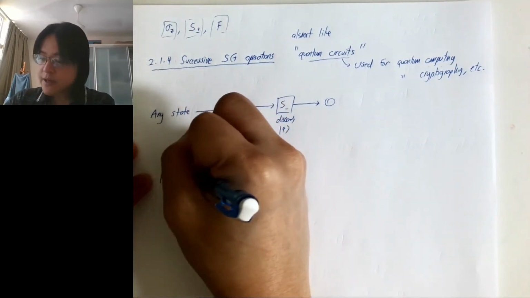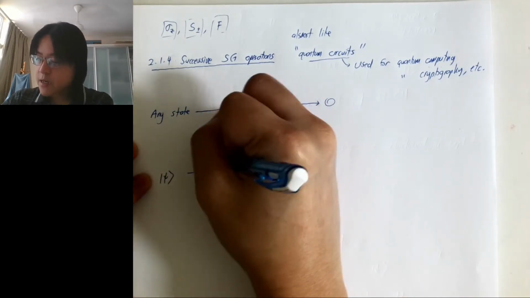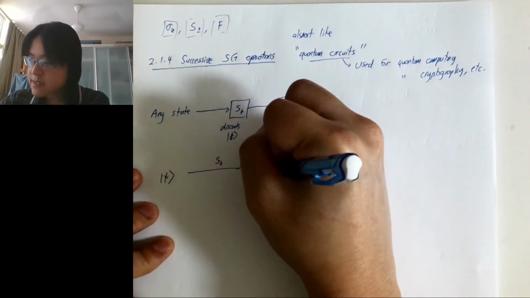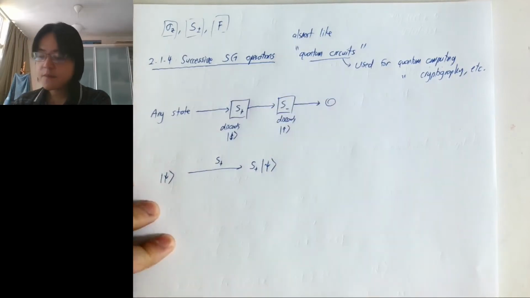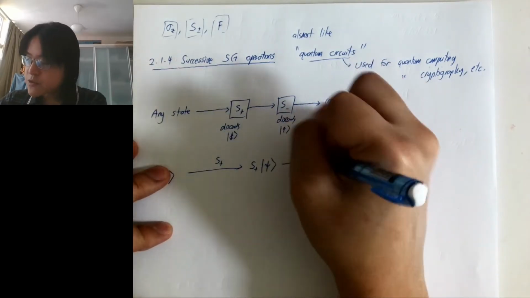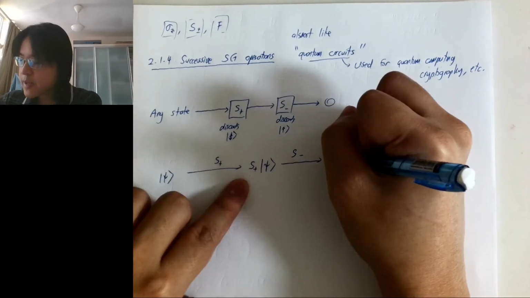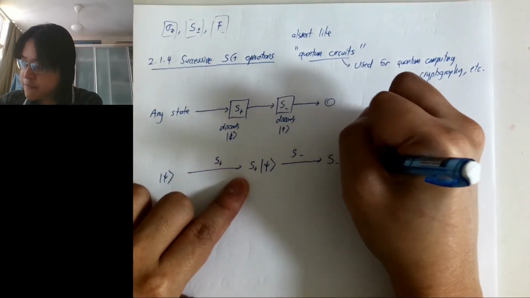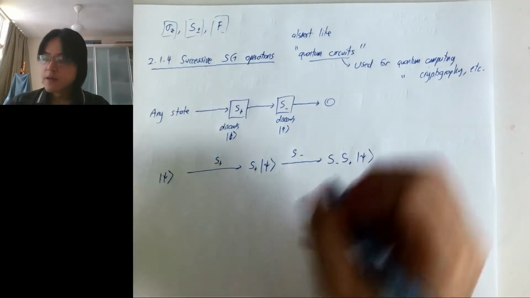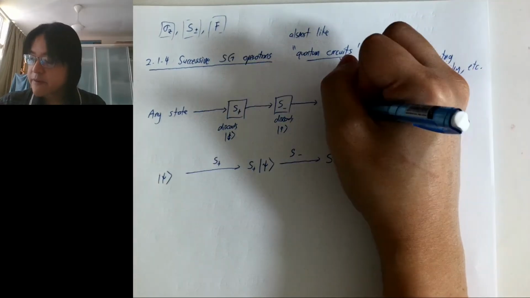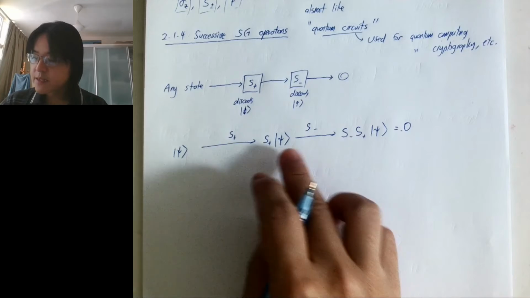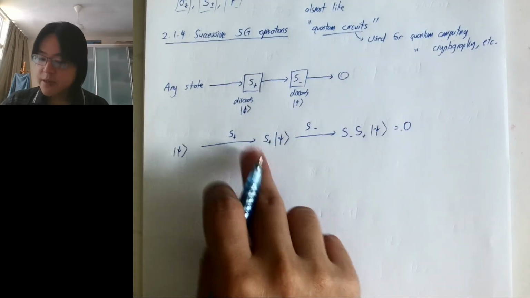Okay, so after you pass through the S plus selector, what comes out is S plus acting on this, right? We do the matrix multiplication, and then after you pass through an S minus operator, you got S minus operator multiplied from the left. Okay, so you got this, and according to what we expect from experiment, you get a 0. So what does this mean? Well, let's see. So for any state,